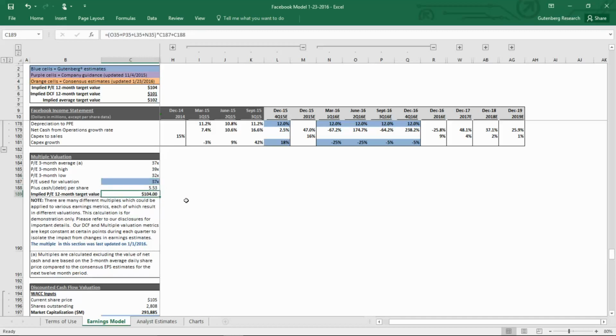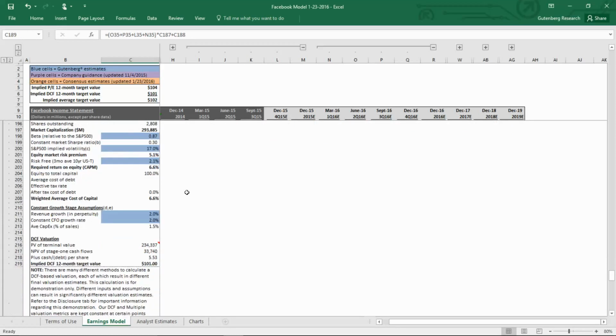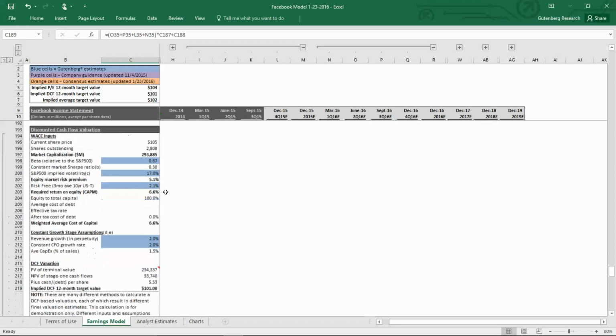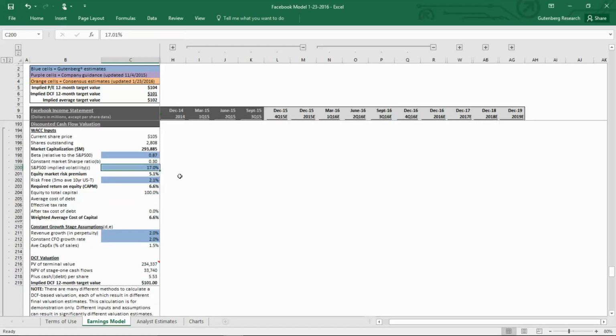If you'd like to change this multiple, you can do so if you want to make it in line with that $98. And then on a discounted cash flow valuation basis, keep in mind we did decrease the volatility this quarter from last quarter, so we're down to 17%. And we changed the interest rates as well to reflect where they stand relative to last quarter. Just keep in mind that if the Fed does increase interest rates through 2016, and if volatility continues to be high, and right now it's above 17%, then that would have a pretty big impact on the DCF-based valuation.